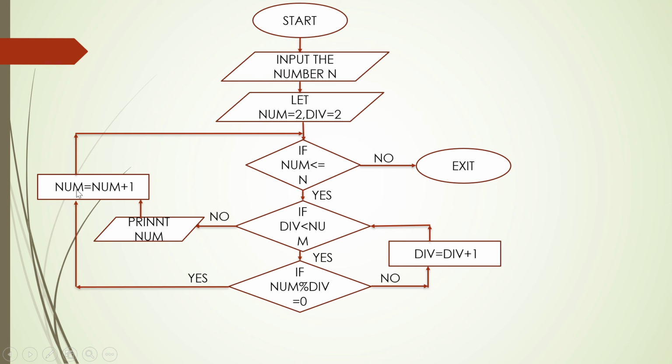And once it comes out to be 0, तो हम क्या करेंगे, div को एक नंबर से इंक्रीज कर देंगे, क्योंकि हमको बार बार उसको चेक करना पड़ेगा। तो once it comes out कि ये प्राइम नंबर हो गया, तो मतलब इस प्राइम नंबर को प्रिंट करवाना पड़ेगा, और फिर num को एक नंबर से इंक्रीज करना पड़ेगा। आई होप कि ये प्रोग्राम आपके लिए एकदम ईजी एंड क्लियर हो गया होगा।